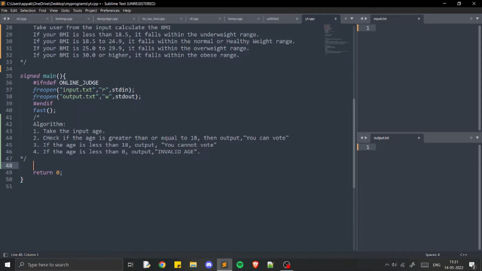Okay, so let us move on with the coding part. First you have to take an input age. So we will write that as int age because age will always be an integer. We can also take it as a fraction like 12 and a half years, but for simplicity we will take the age as integer here. Then we will take the input cin age and then we will check if the age is greater than or equal to 18, then output you can vote. So we'll print you can vote